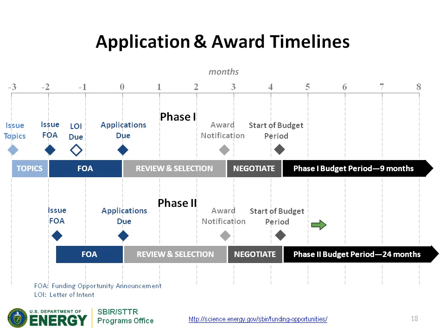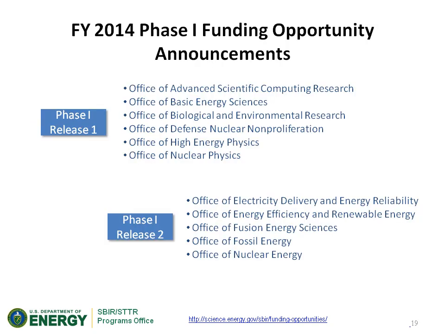In terms of the award amounts, we have 2 award amount sizes, and they vary with topic. For Phase 1, it would be either $150,000 or $225,000. And for Phase 2, it would be $1 million or $1.5 million. We do have two funding opportunity announcements or solicitations every year for Phase 1.